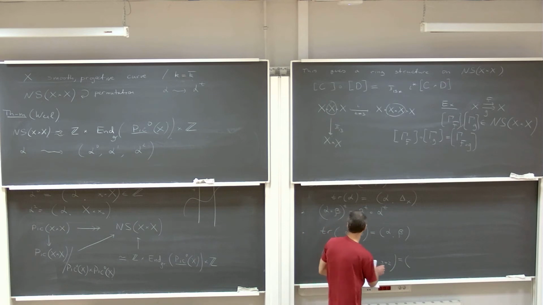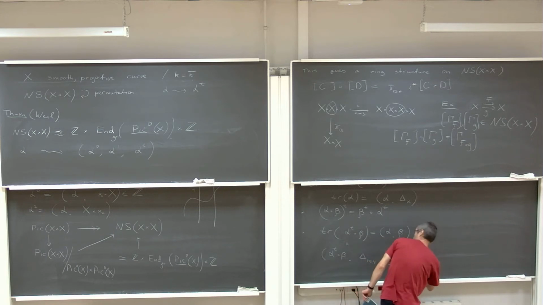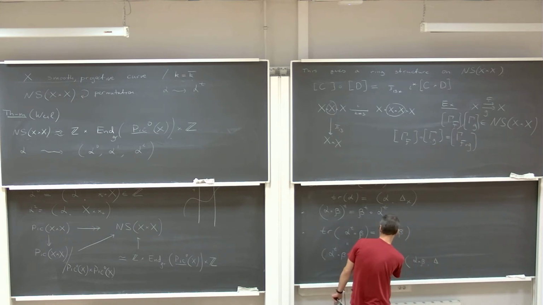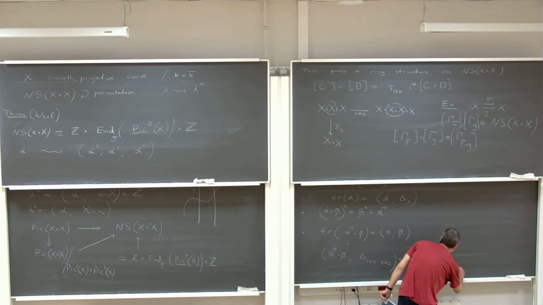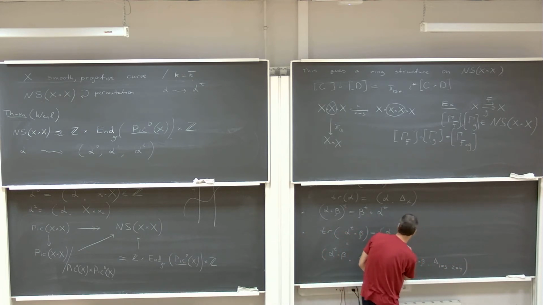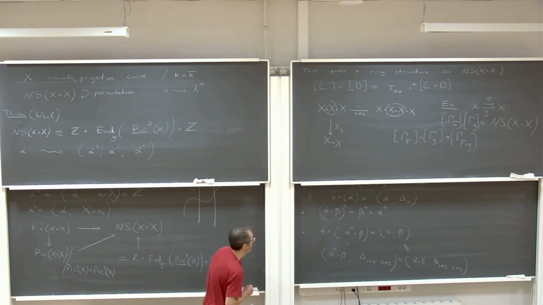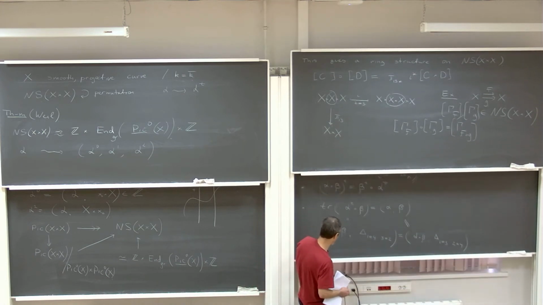Okay. So this is the same as alpha times beta intersected with a diagonal, where the first coordinate is equal to the third coordinate and the second coordinate is equal to the fourth coordinate. Yeah? And this is by definition the same as... Good. And the last piece of structure that we have here is